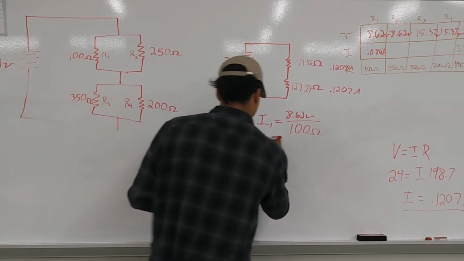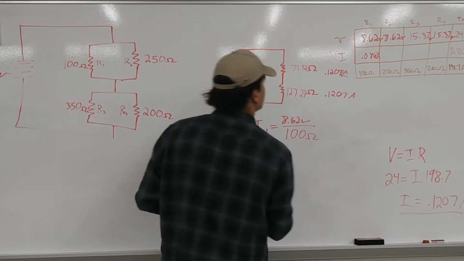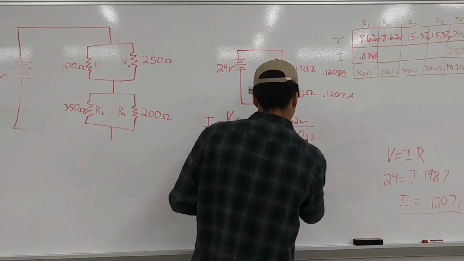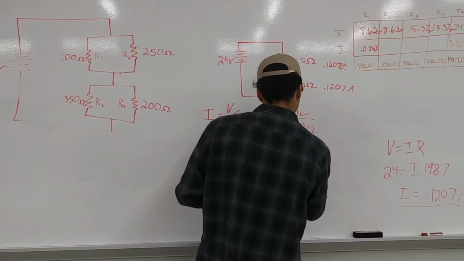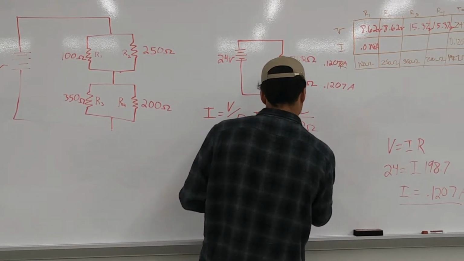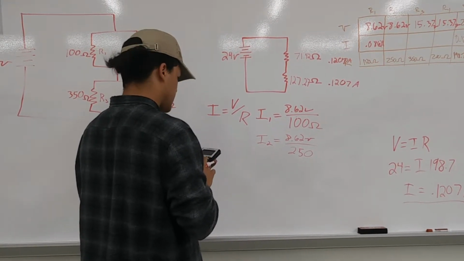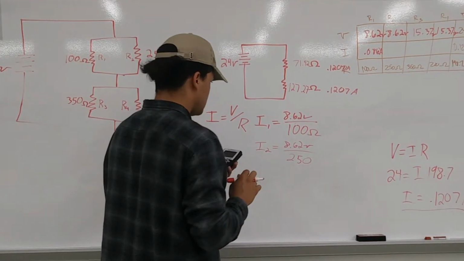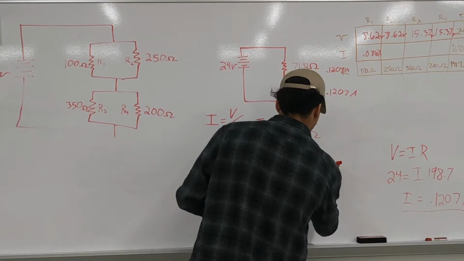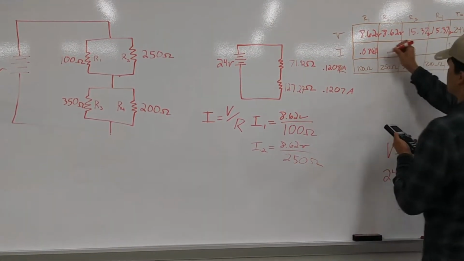And for the second one, it's going to be I2. It's going to equal 8.62 volts divided by 250 ohms, so it's going to be 3 plus 2 divided by 250 ohms. And that's going to get us